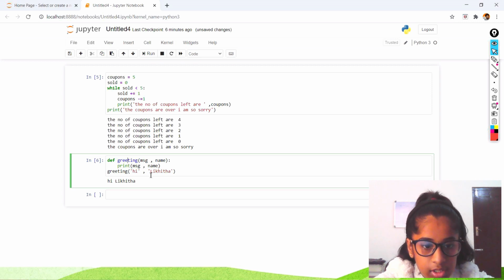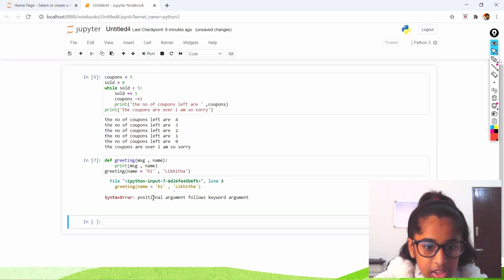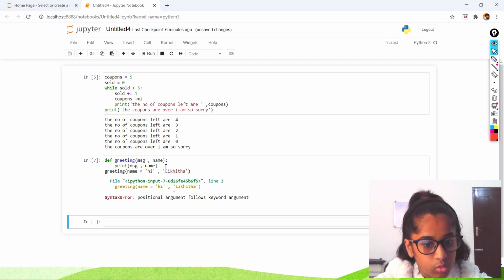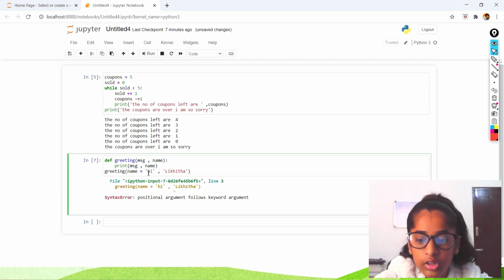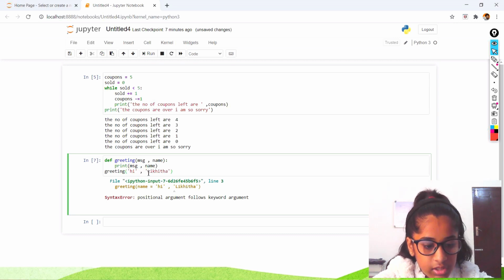Suppose you say name is equal to, it's going to throw an error. That's because in positional arguments, if the first one is the message, we are supposed to keep it as the message itself. If you put it as name, it's going to throw an error. So that's what is called a positional argument.